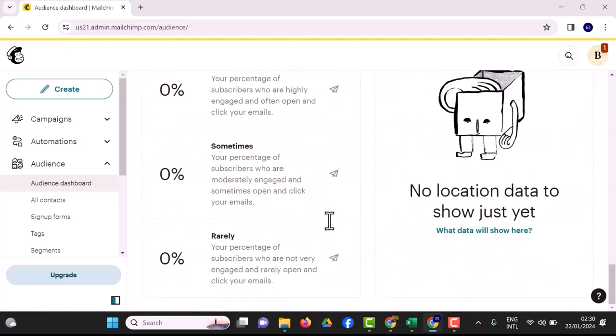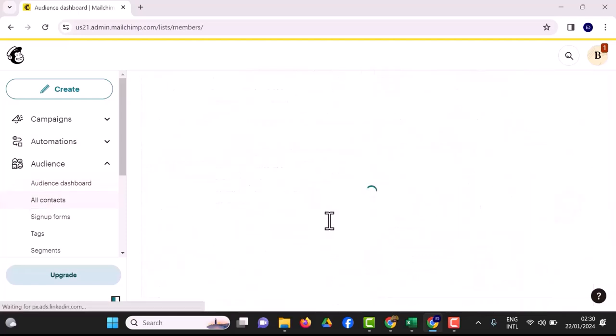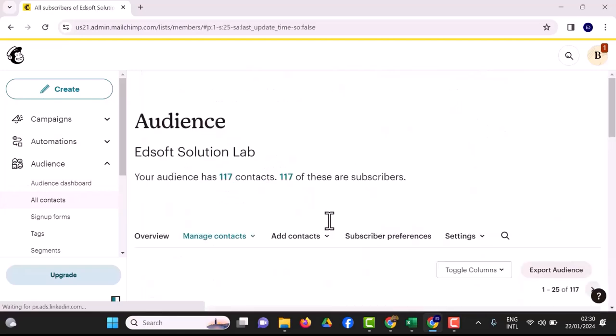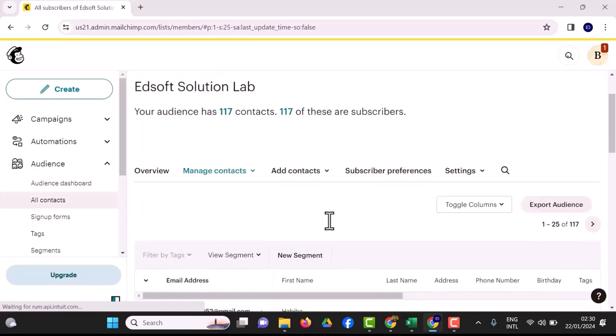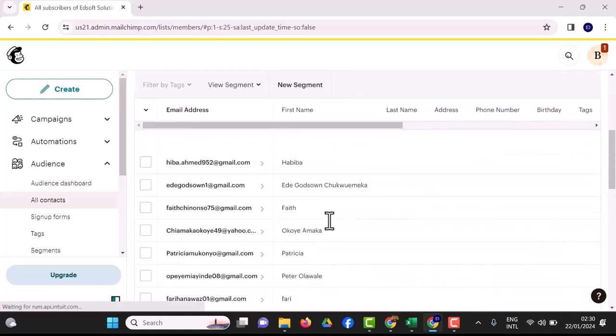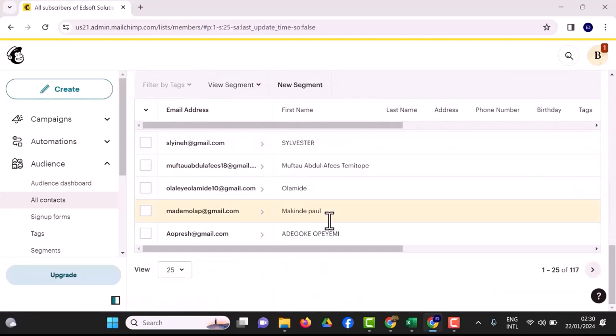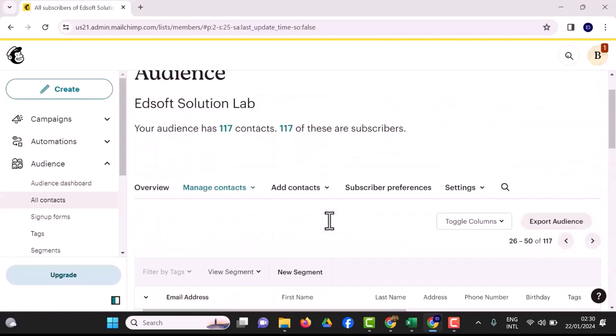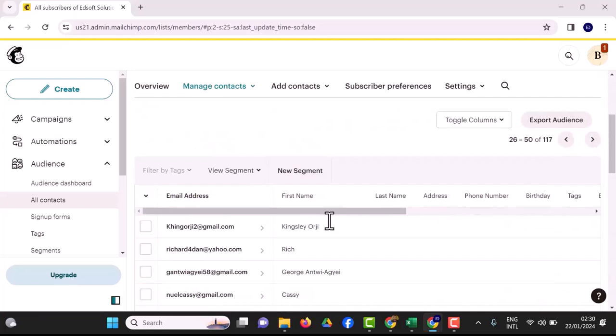As you can see, I'll just go to all contacts and see how many of those contacts I have already. So I'm going to have my mailing list option. So I have 117 of these that are subscribers. These are the contacts I just imported right here. So I have a mailing list right here. Anything I send right now goes to these people. We'll be able to create our first mailing list right now with this,